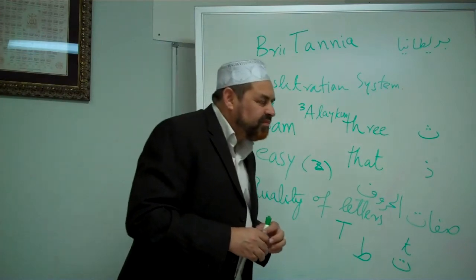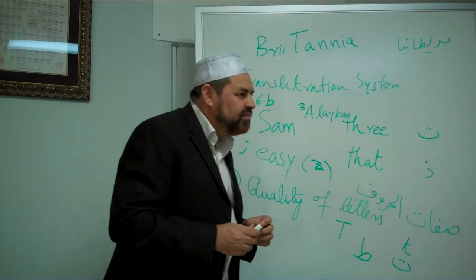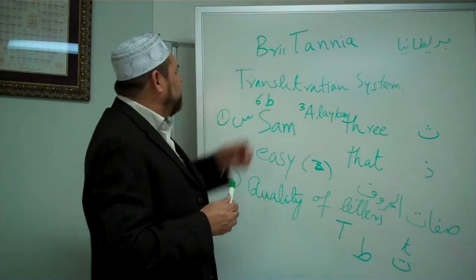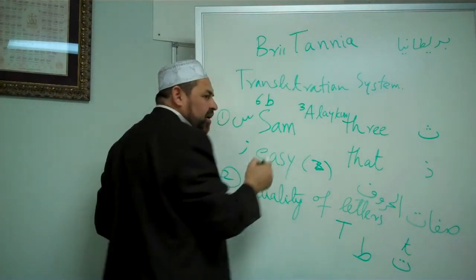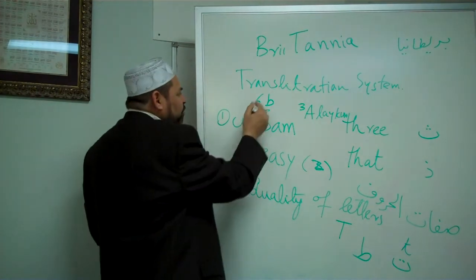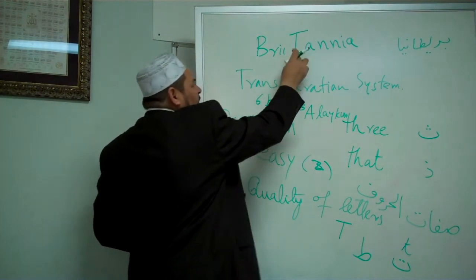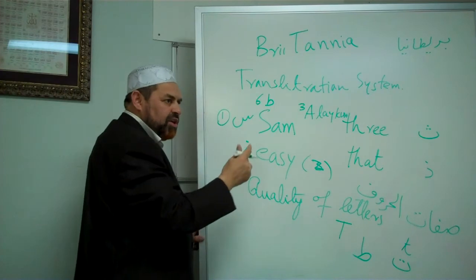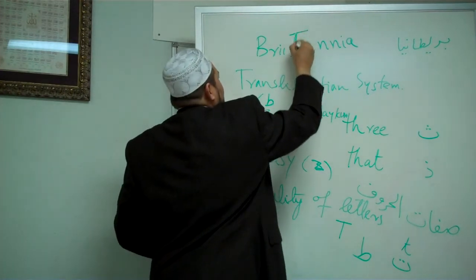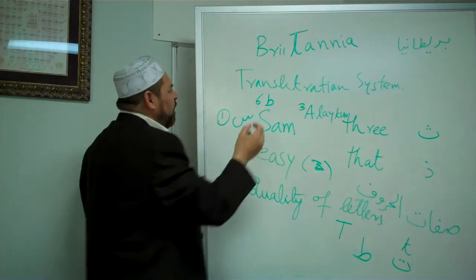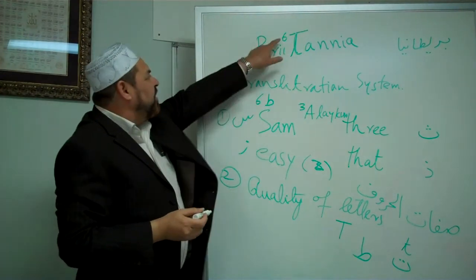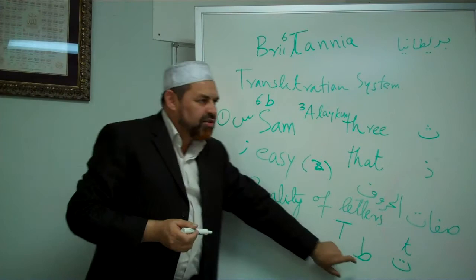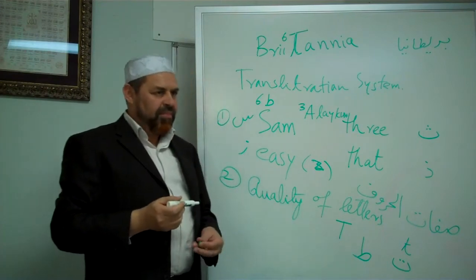Yes. How would you write the number 6 in Britannia? Okay. You will write the letter T. Now if you are using the number, then you are not bothered with using the uppercase. You can use the lowercase t, but put number 6 over here. So number 6 over here is representing this letter Ta. Okay.